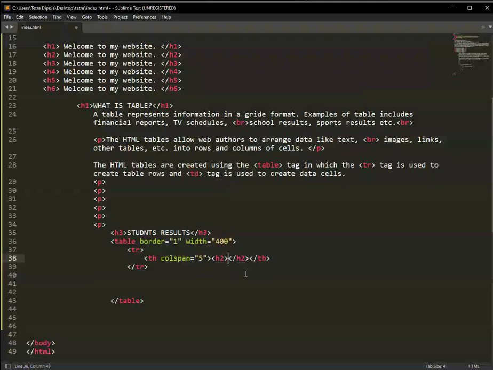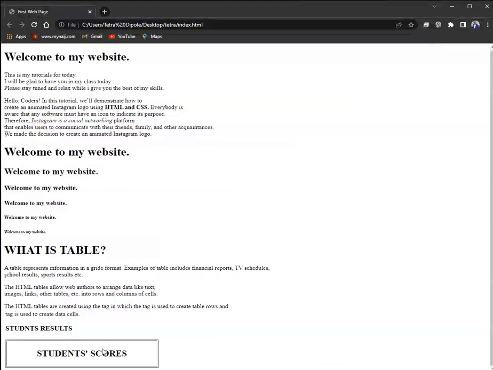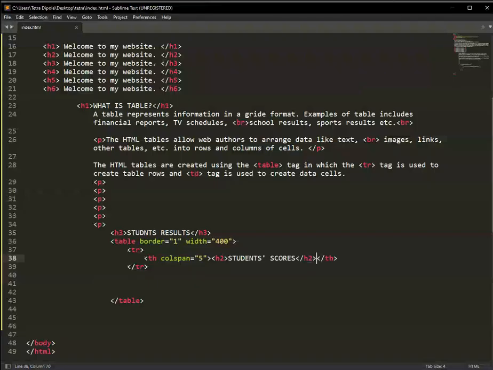I will now put student scores. Am I right? Yes. Close the tag. Okay, let's save it and then view it in my browser. See what I have. Okay, it's making sense now. So I've created my column span, and then go back to this. Still make use of